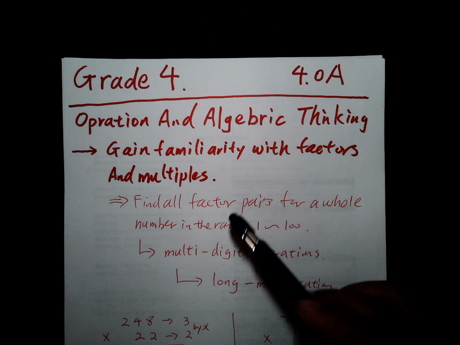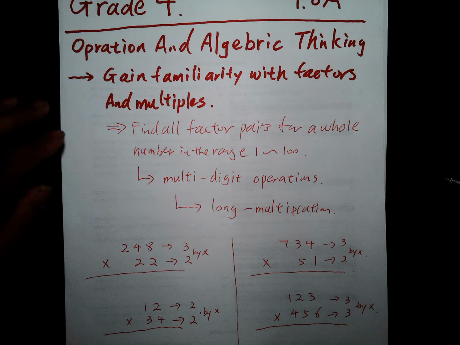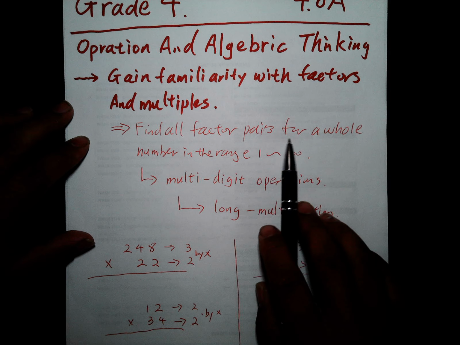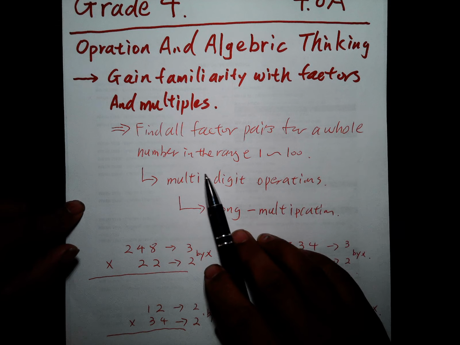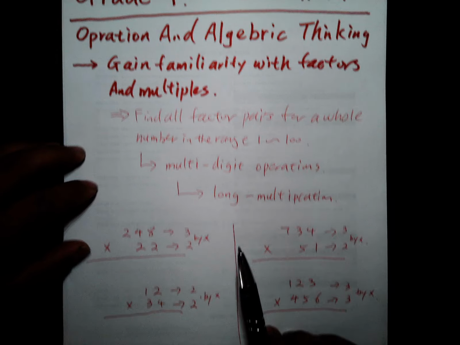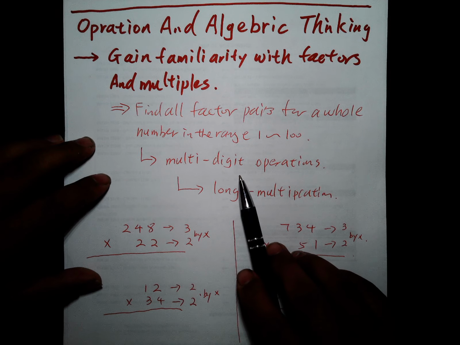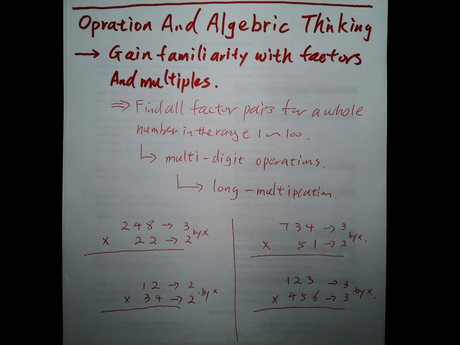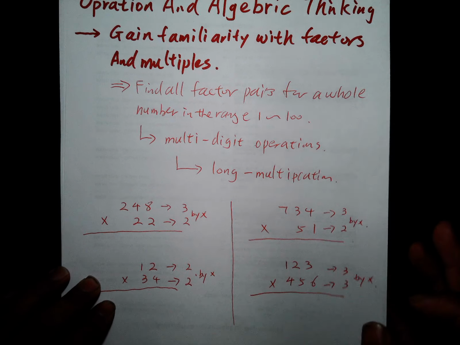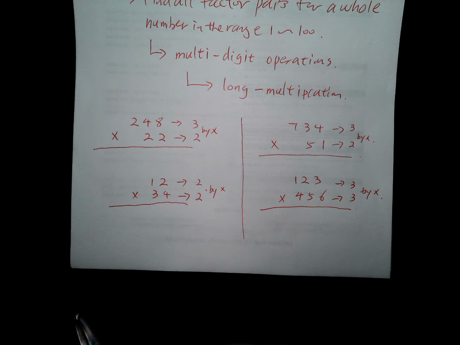Factor and multiplication. The first topic is finding all the factor pairs of whole numbers in the range 1 to 100. The second is using the multiplication operation for long multiplication. So first, we will solve some simple